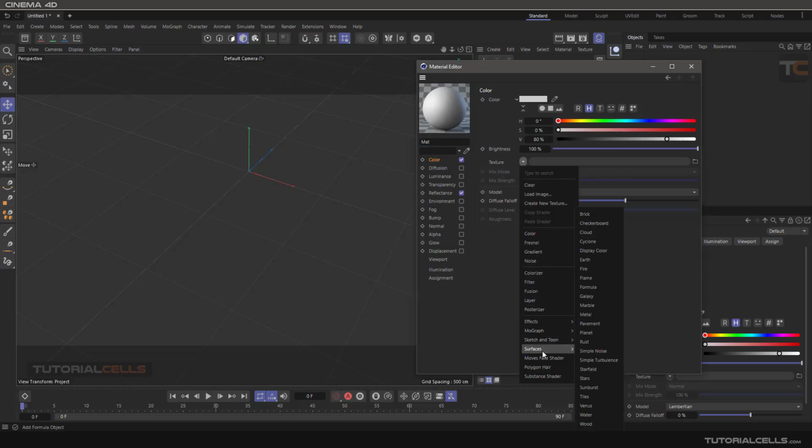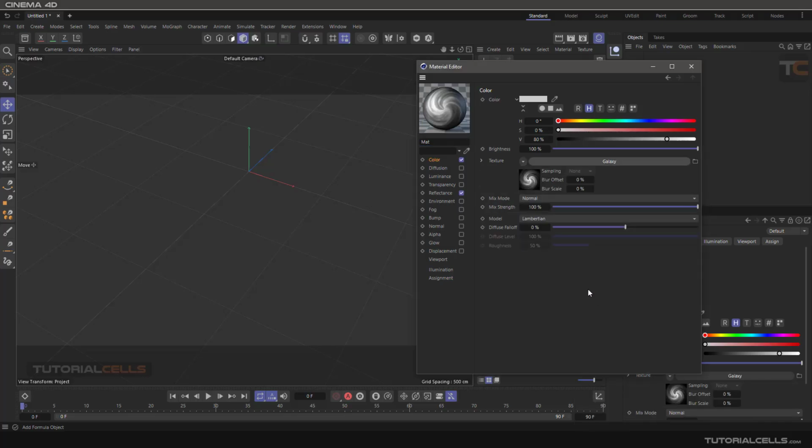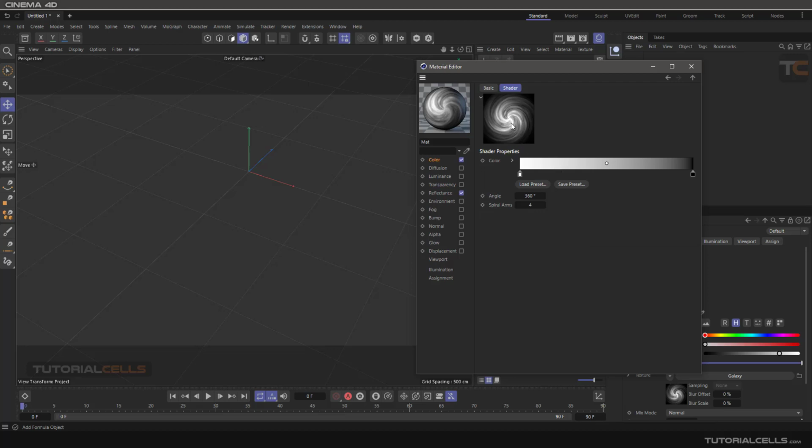Another surface and shader is a galaxy. The galaxy is a black and white code that has an animation. I think, no, it does not have animation, but it creates something like this. If it has a frequency, it's a black and white code that you can assign to the displacement